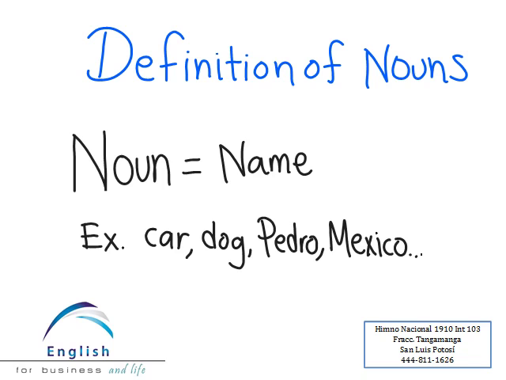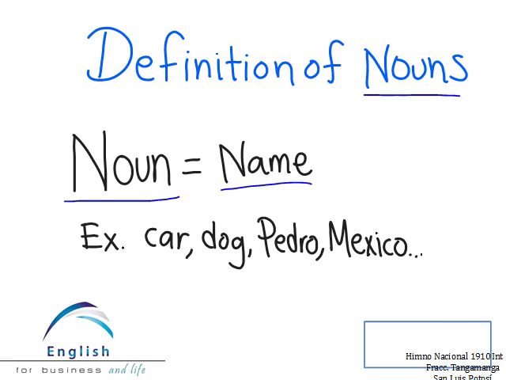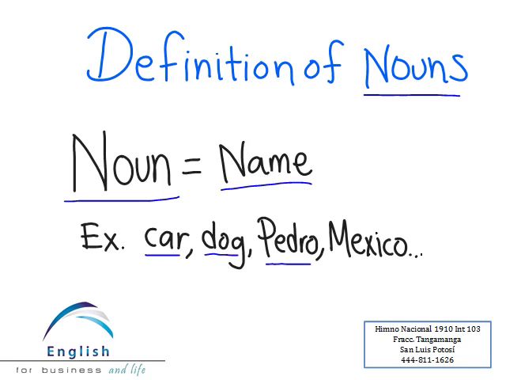All right? So today we're going to start with the definition of nouns. Okay? It's very simple. A noun is a synonym for name. There are different types of nouns, but we have some examples here. We have car, dog, Pedro, Mexico. Remember that it doesn't have an accent because it's in English. So now that we know the meaning of noun, which is name, the name of things, people, places, etc.,